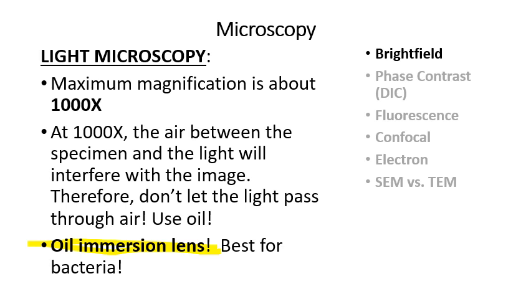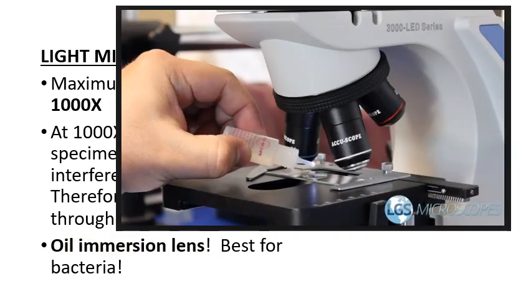You have to put a drop of oil onto the slide, and then you lower the lens into the oil, because otherwise the air between the lens and the specimen would diffuse the light rays, and the image would be fuzzy looking. The image would be out of focus. So here's somebody putting a drop of immersion oil on the microscope slide before they rotate the 100 times lens